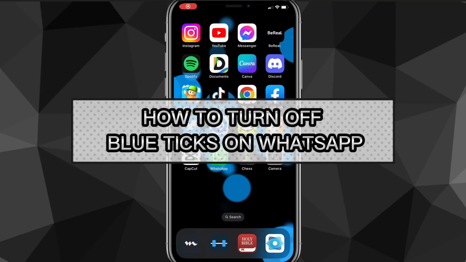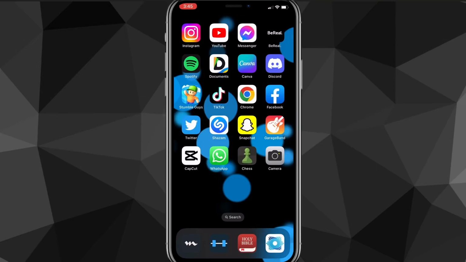Hey guys, in this video I'm going to show you how to turn off the blue ticks that appear when you read a message on WhatsApp. The blue ticks that appear after you read a message notify the person that you read the message. So if you want to turn that off, I'll show you exactly how to turn it off in this video today. If you just don't want to let anybody know that you read the message,